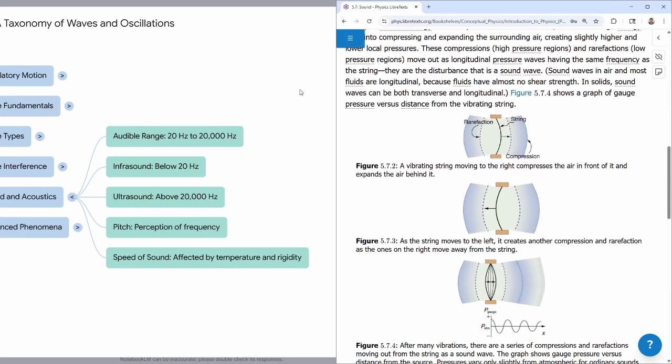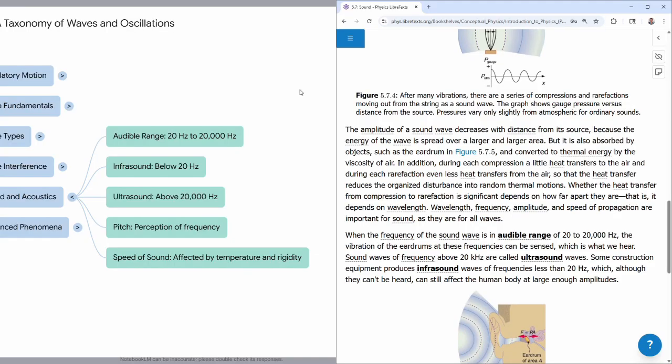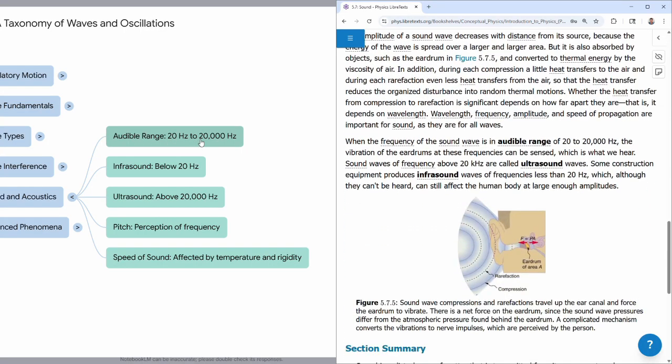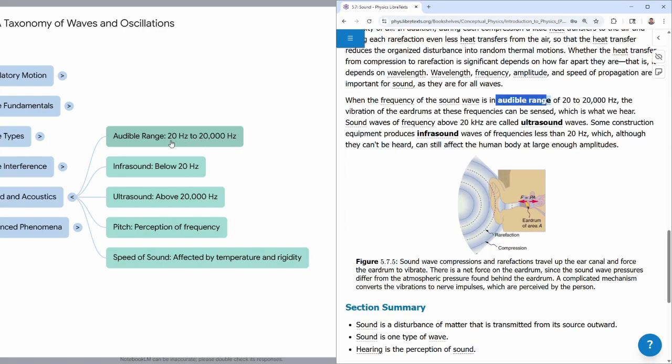So when we look at sound, we are talking about vibrations, but it's vibrations in a specific range, what we call the audible range of 20 hertz to 20 kilohertz. And this is a pretty wide range. So the frequencies that you personally will be able to hear will definitely be narrower than that. I myself can't quite hear anything lower than 30 hertz. So even though 20 hertz is the textbook boundary for infrasound, for most people, you will stop being able to hear it before it gets to 20 hertz, but with a large enough amplitude,